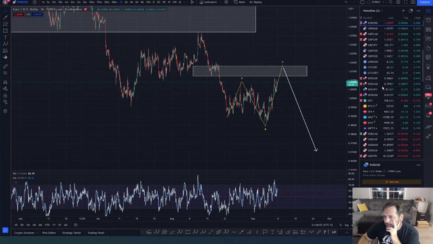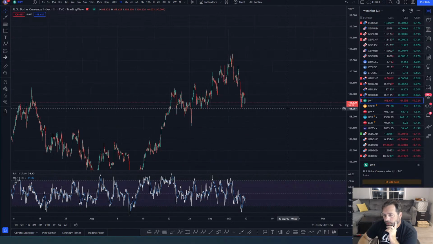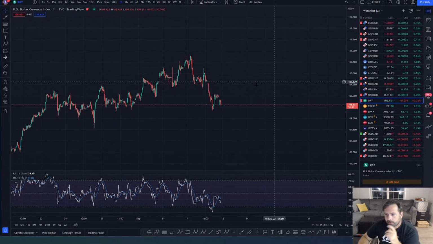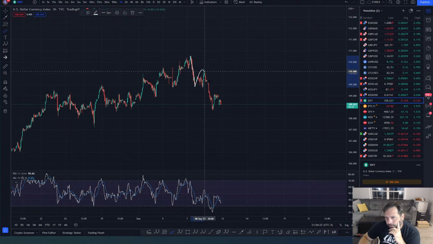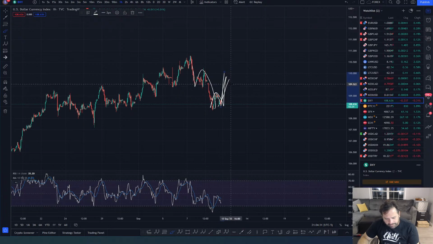DXY, let's look at that quick. Okay, DXY is making a three-wave move off the top. Looks like it's ready to go on back up now. So it looks like we had a reversal already. We got a three-wave pullback, and maybe it's ready. So maybe this was three waves off the top. Now we got a 1, 2. We're looking for 3, or it's an A, B, and a C. And either way, we're looking for a potential move to the upside there.